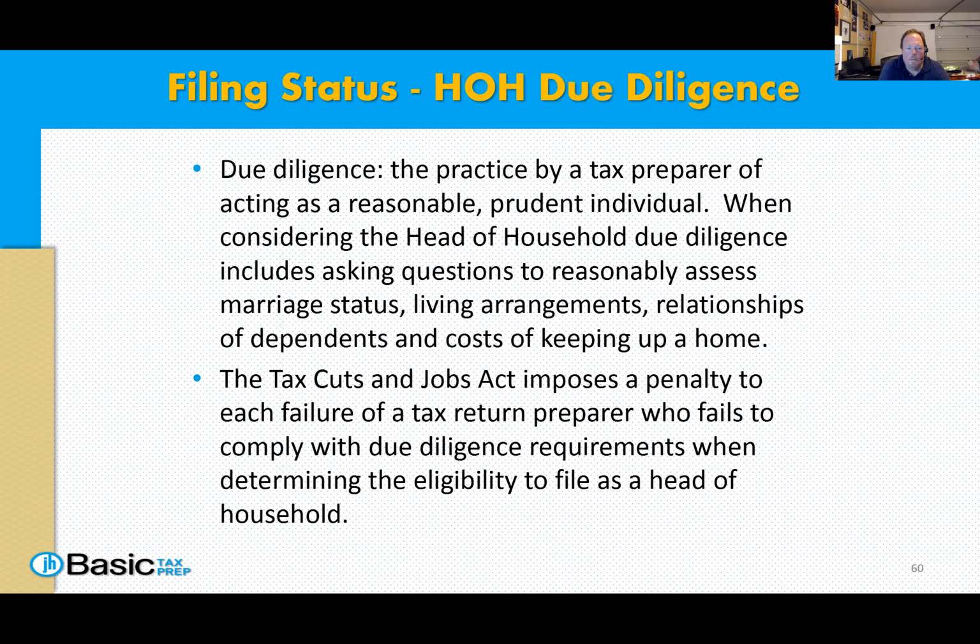Now here's an important fact for you. As a tax preparer, you have a certain level of due diligence that you have to maintain. Due diligence is your responsibility to make sure that the information is legitimate. This is mainly true with head of household. And this will come into play with, did they live with you for over half of the year and for the last half of the year? That is your due diligence, to double check that they really did, because it turns out they lived with them for like 2 months.